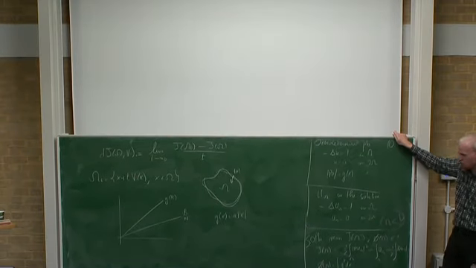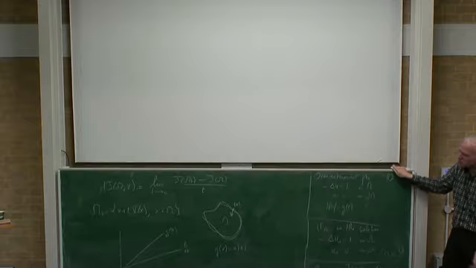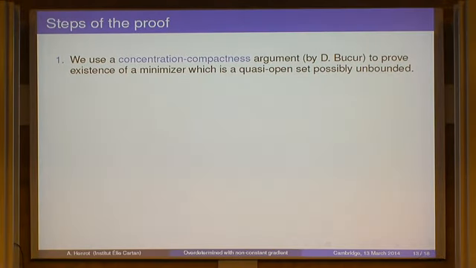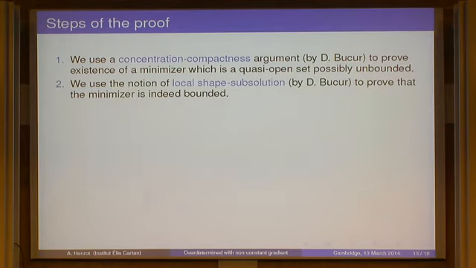So we have compactness, and so we are able to prove existence of a set, which has a very low regularity in our context in shape optimization, just a quasi-open set. And at that step, this minimizer is possibly unbounded. So the second step is to prove that it is actually bounded, and it is another tool provided by Doreen recently in 2011,